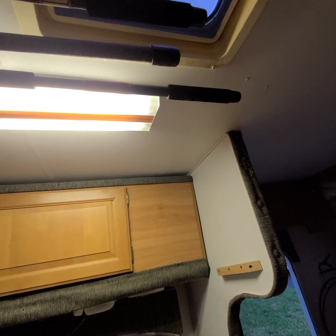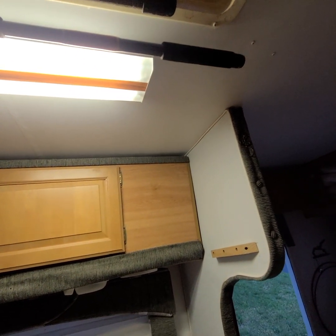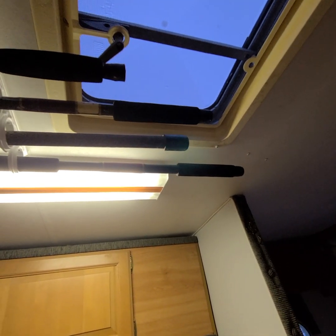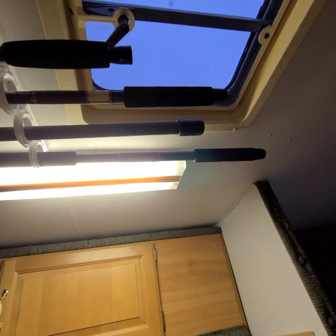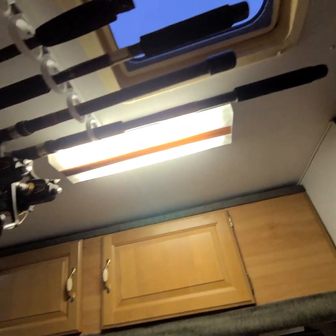It's a lot better than water coming in here and messing up your ceiling. If you guys have any questions, let me know. Like I said, it's pretty easy. I thought it was easier than that. I thought you just crank it all the way open and take it off. No, I didn't realize you've got to take all this off. I did replace